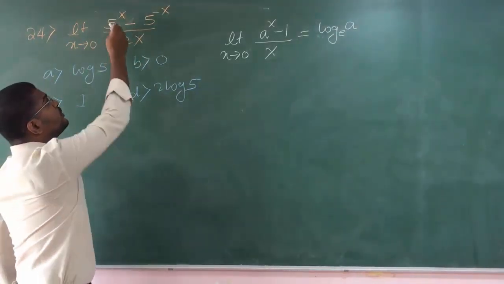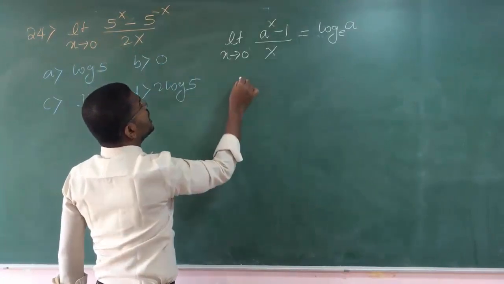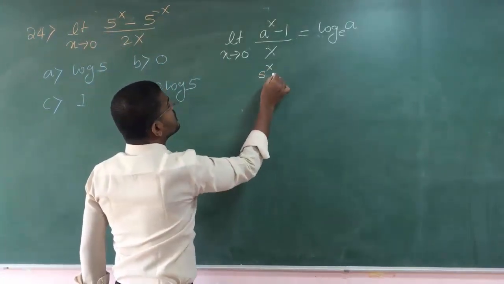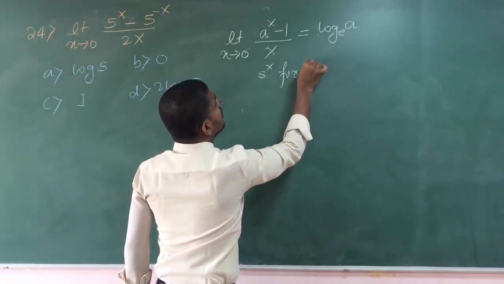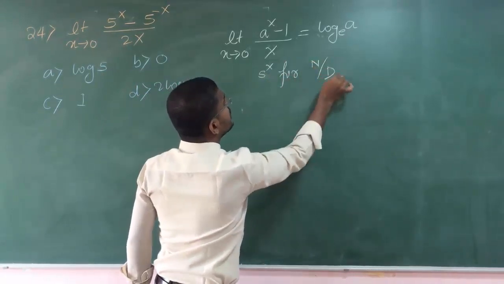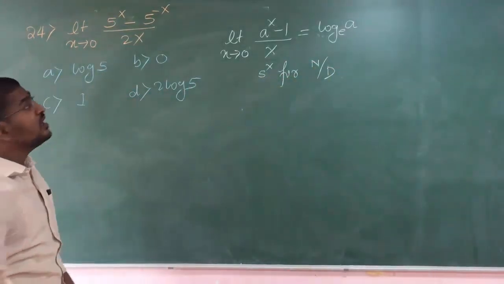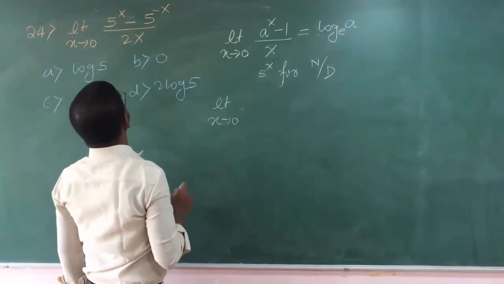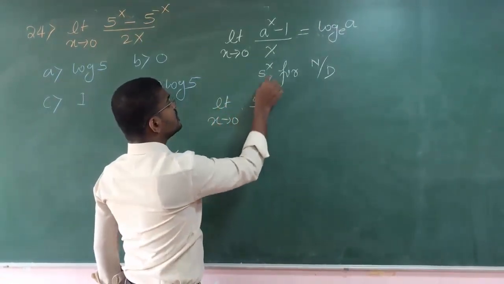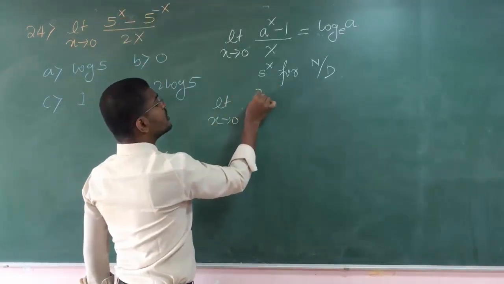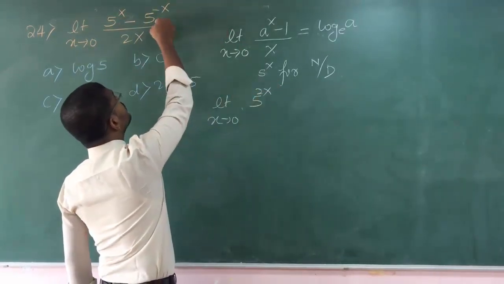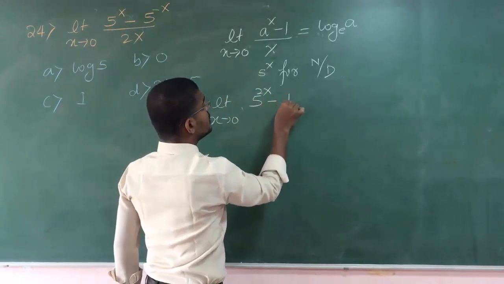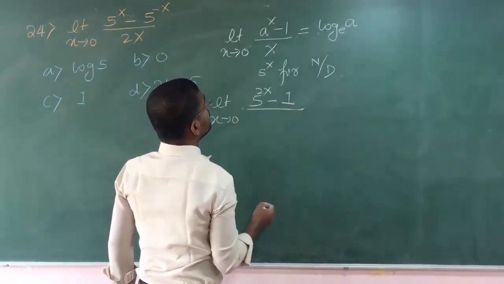So for that purpose, you multiply 5 to the power of x for numerator and denominator. So that will be limit x tending to 0. If I multiply 5 to the power of x to this, it will be 5 to the power of 2x. If I multiply 5 to the power of x to this, it will be equal to 1 divided by